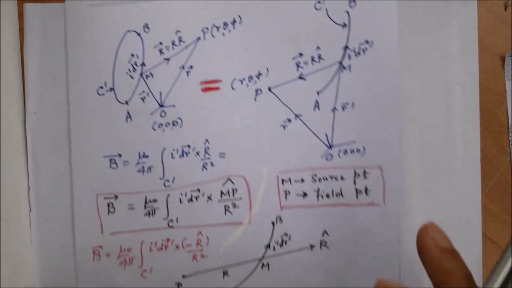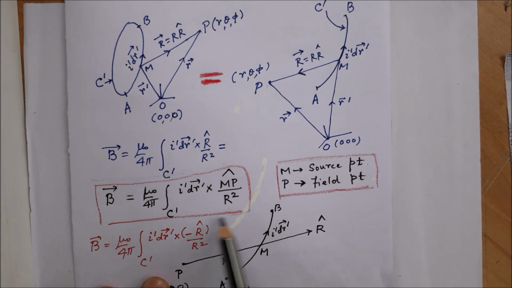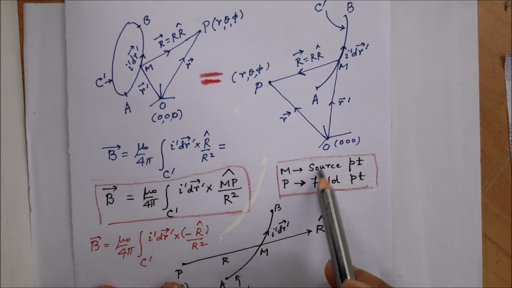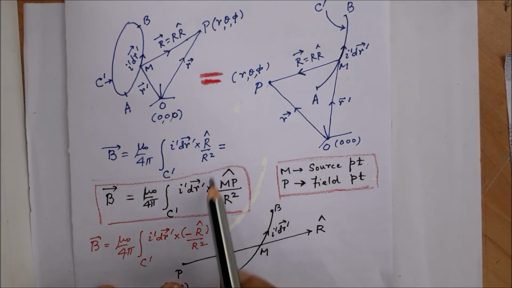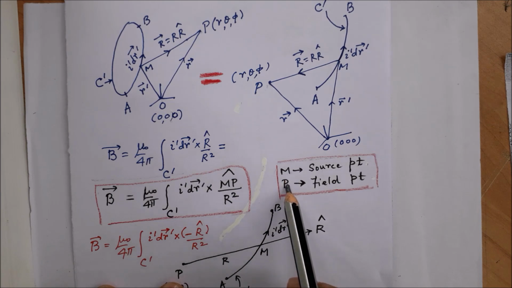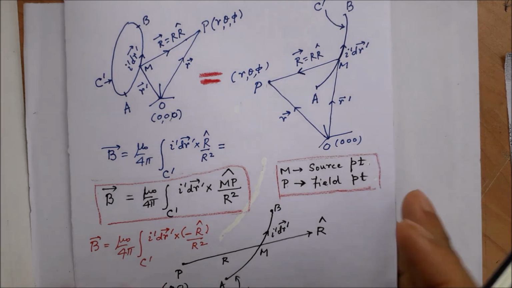So this is Biot Savart's law, M being the source point, P being the field point, and here the unit vector is from M to P. Now the problem we are studying here,